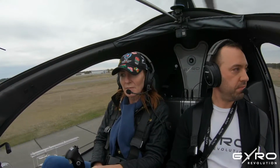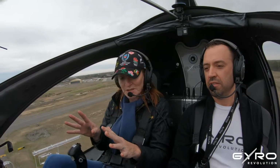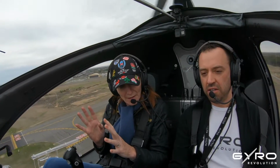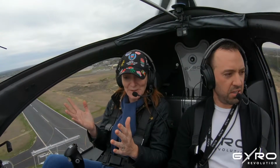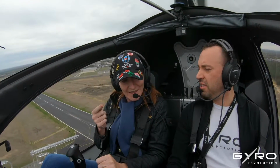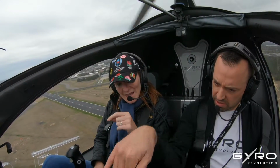Off we go. It seems so much quicker or something, or maybe it's because I'm just not used to it. It's really like you're up in the hill. It seems so much quicker, but obviously you're not. But it's a different feeling, you know. Different pitch attitude and everything compared to a helicopter where you...